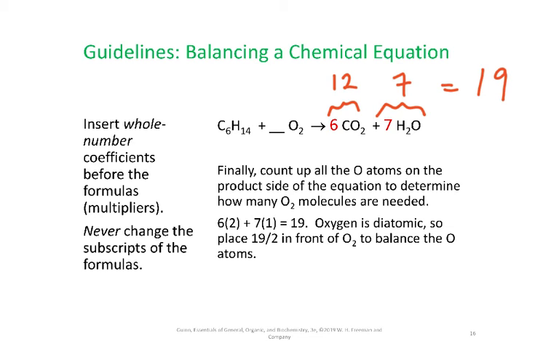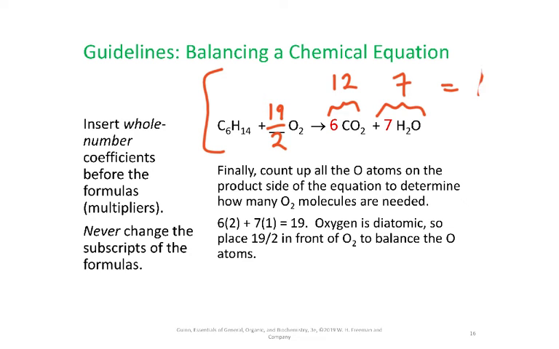And so if we have an O2 molecule, we would need 19 halves of it, right? Well, that's a bad 19. We're going to keep it as a fraction for now. So we would need 19 halves of O2. However, remember we want whole number coefficients. We want to get rid of that 1/2. And we can do that by,